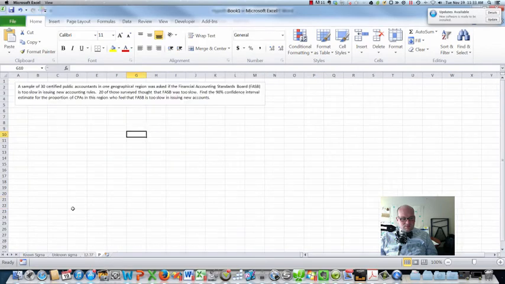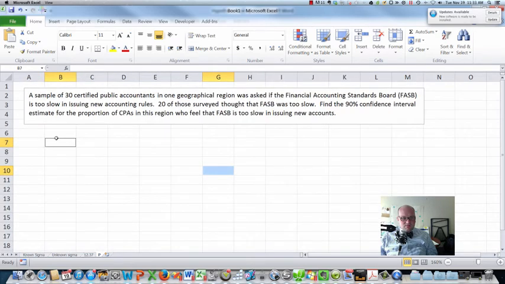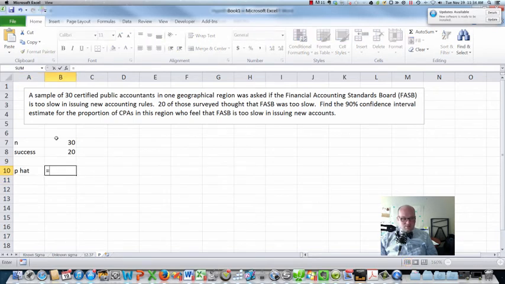The last type to do this is with proportions. So here's an example that was in the book. A sample of certified public accountants in one geographical region was asked if the FASB, Financial Accounting Standards Board, is too slow in issuing new accounting rules. So we sample 30, and n is 30. 20 of those surveyed thought the FASB was too slow. So 20 were successful, you could think of that as a binomial experiment. Success means that they thought it was too slow. So our proportion of success is 20 over 30. Finding a 90% confidence interval